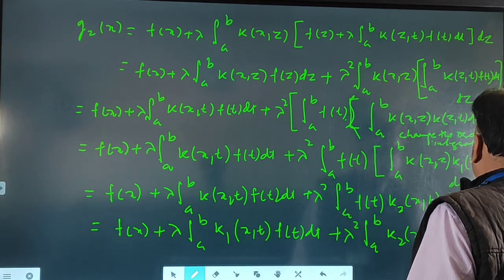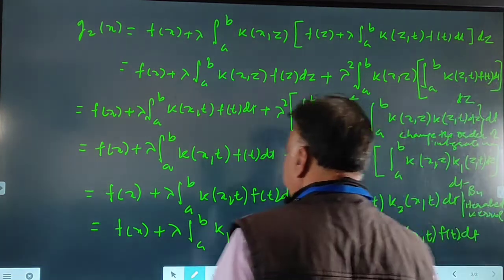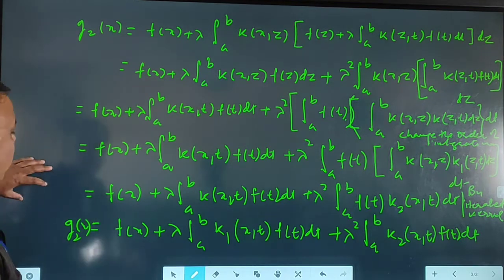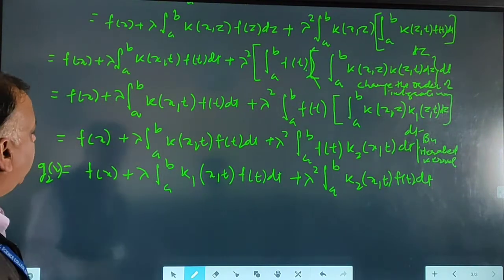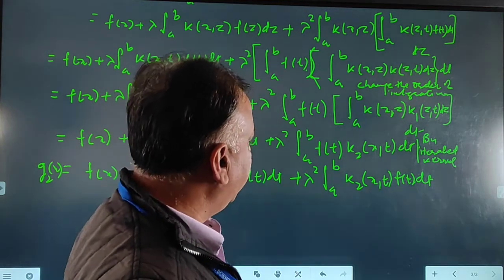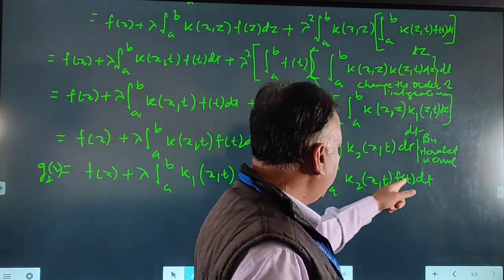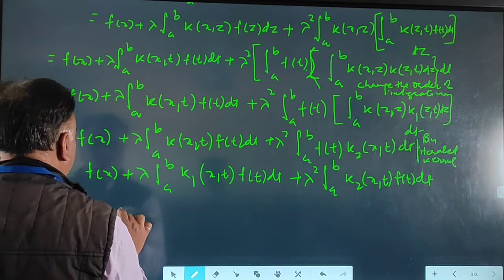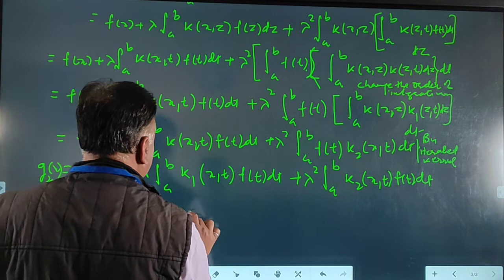So this is g2x. So g2x is equal to fx plus lambda integral a to b k1xt ft dt plus lambda square integral a to b k2xt ft dt, and this can be written as